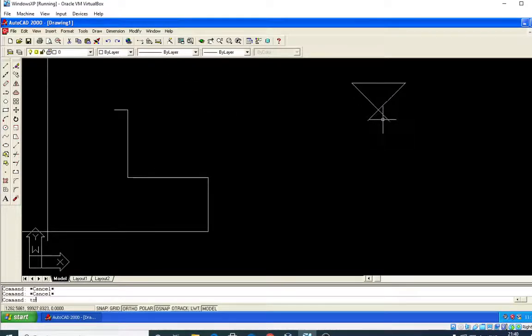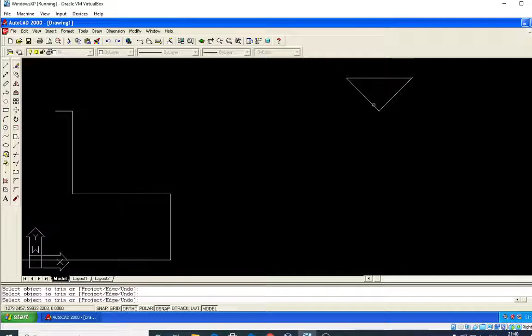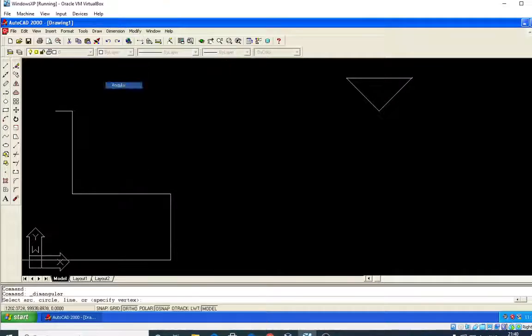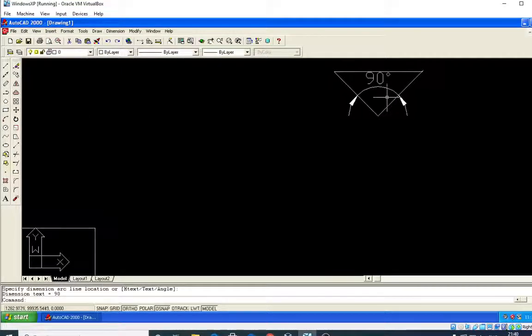As you know, dear students, please concentrate here. I have trimmed it. As you know, in the dimension, angle is angular. Escape it. Take a dimension angular from this line to this line, the inclined line. The interior angle is 90. Between this line and this line, 90 degree, so what about these two lines? This is 45, it should be 45. Why? Because the sum of interior angles in a triangle is 180.